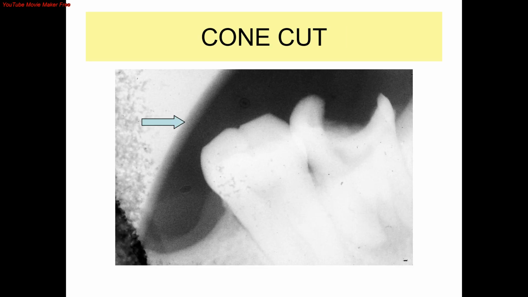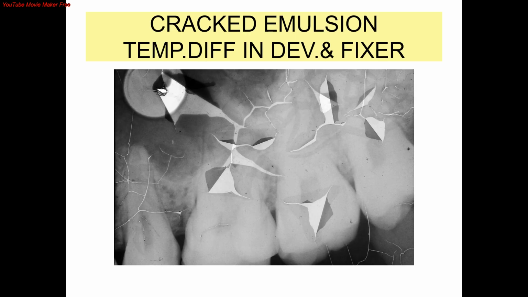Now this appearance everybody knows and must have created sometime in their lifetime. This is called as a cone cut shown by a blue arrow. This is probably due to improper alignment of the cone while taking radiograph. This is due to round collimator and a portion which is not exposed due to collimator looks white. If the tooth you want to capture is clearly seen, you need not repeat the radiograph because otherwise image gets nicely captured.